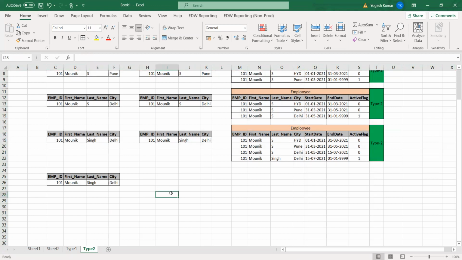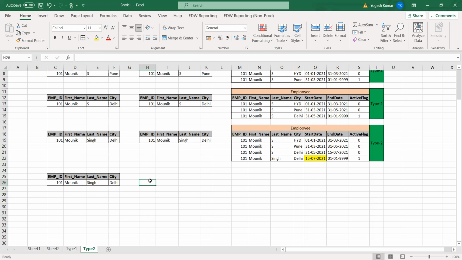Nothing will be changed. Let's say this record came on 15th of July, and now on 15th of August this record came again. Then what will happen? Nothing will be changed, because the end date is infinite and we don't know the confirmed end date.